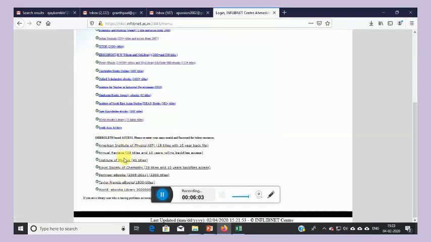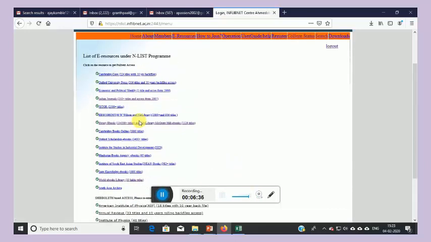These are the special list where you have the access. These are Shibboleth based. So if you want to log in to these sites for these resources, you have to re-enter your same username ID and password. Nothing different, you just have to remember your username and password. You have to re-enter it here if you want to access these resources. So let's check anything. We can check Oxford University Press. We'll see.